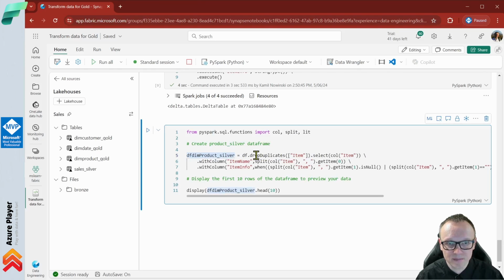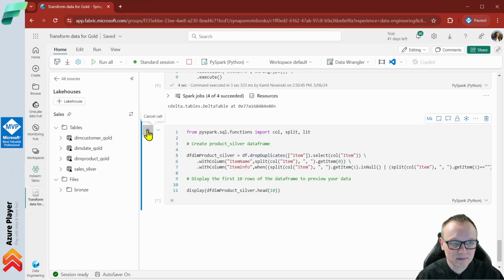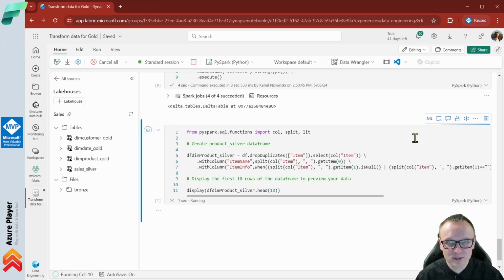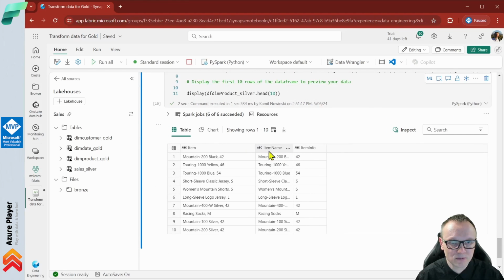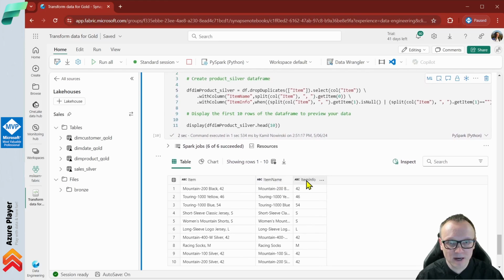And yeah, we're dropping duplicates from df and then adding some new columns. So some simple transformation. We are doing this for demo purposes. So those new columns are item name, item info. So those columns we added here. Yeah, so let's say that this is the data we would like to insert, but before we do this we would like to also calculate the new column, the ID column,